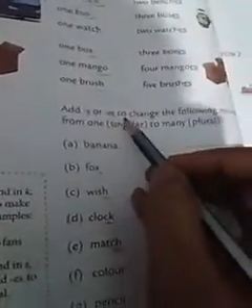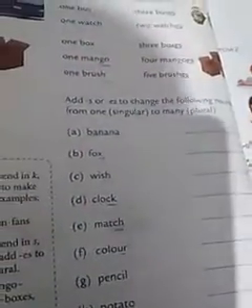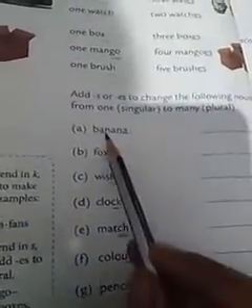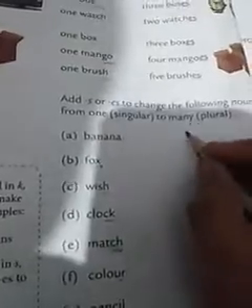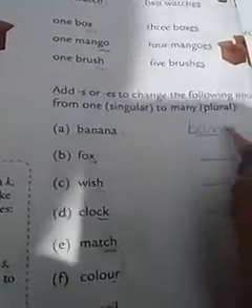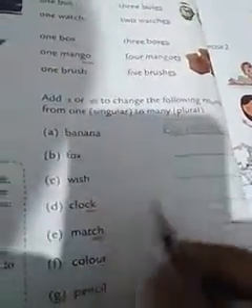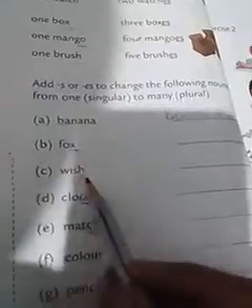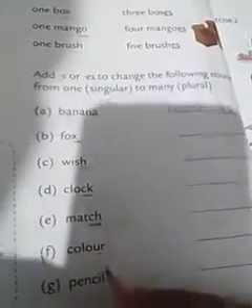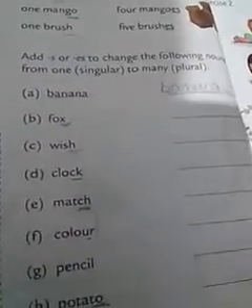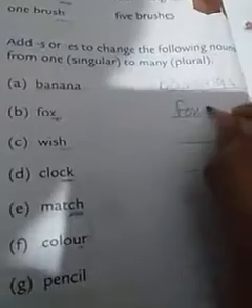In exercise 1, we add s or es to make them plural. They are all nouns and they are all singular things. So we add s or es to make them plural. Like banana, we add s, b-a-n-a-n-a-s, bananas. But if any word ends with x, sh, ch and o, we add es to make them plural. Like fox, foxes,